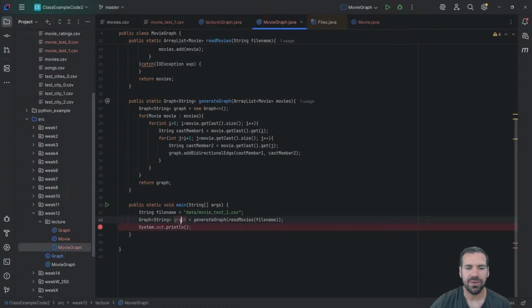Once we have this graph, this is where it's handed off to the slides where we did that whole breadth first search, 3 data structures, while the queue's not empty, etc. This is the graph that we want to work with for that. Now this isn't 100% what you want to do, because you're not in a static method, you're going to be in a constructor. But it's the exact logic